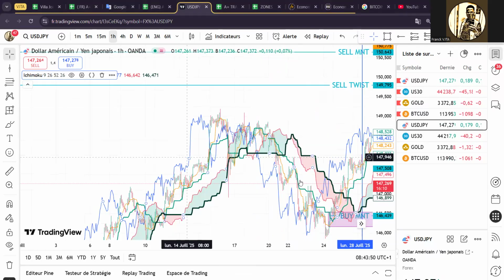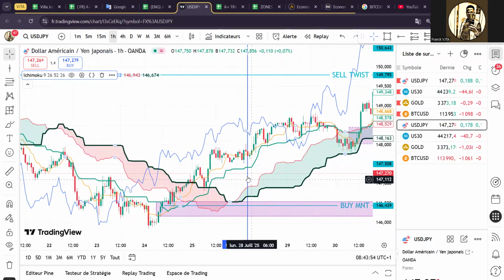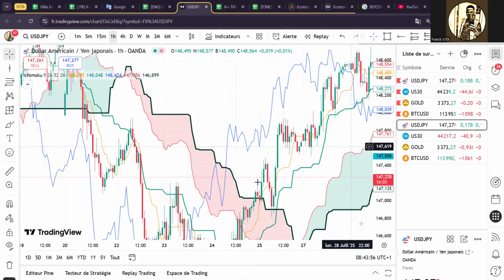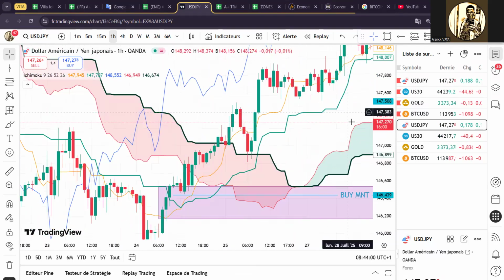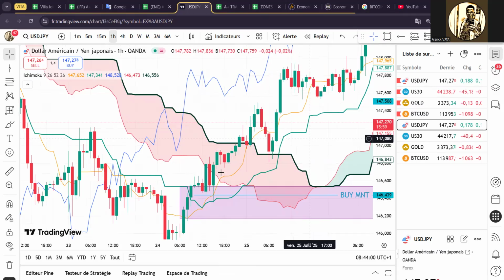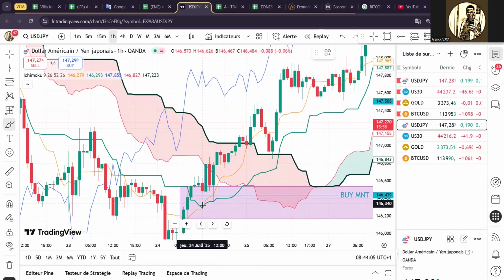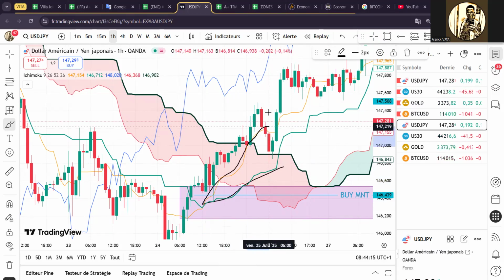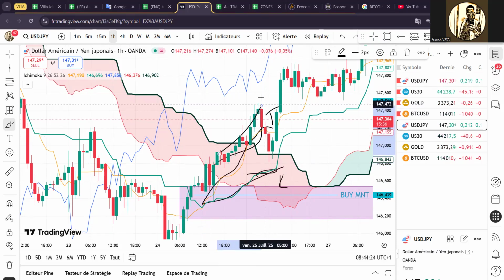On the USD JPY, let us take this case. Yes, an inverted SSB. First of all, Tenkan and Kijun were before the cloud, and then Tenkan went out of the cloud here. Tenkan is out of the cloud, but Kijun is still in the cloud. And then the price went above the cloud. At this point in time,